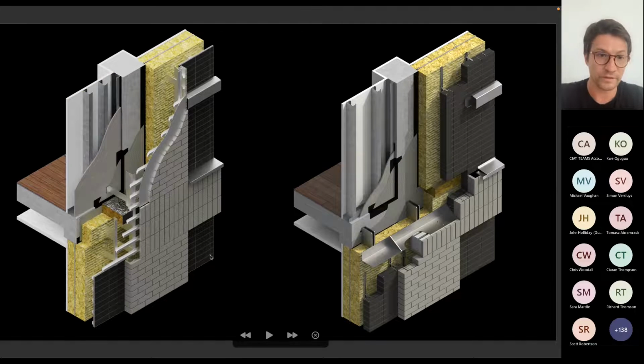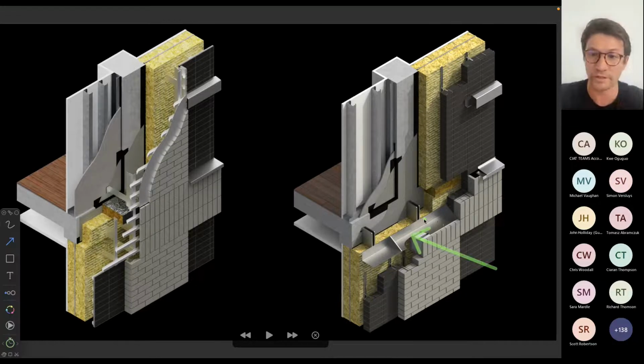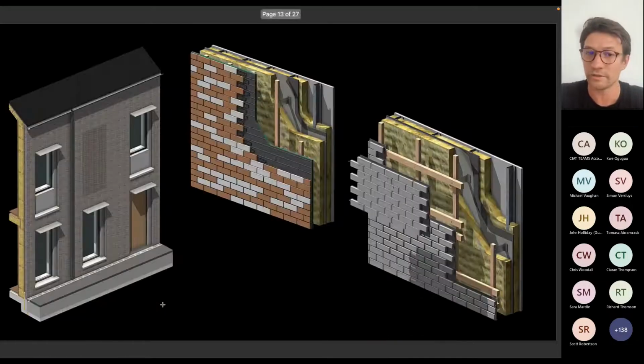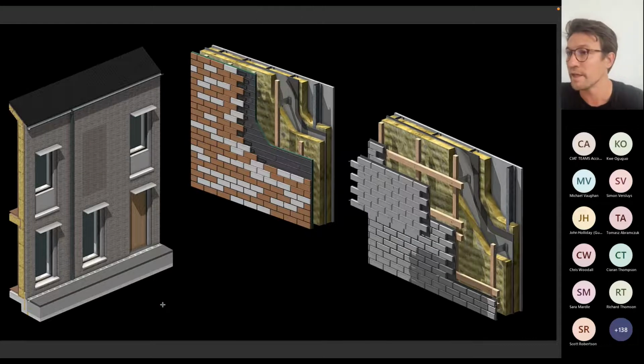So here is the comparison of the two, where we can see that we no longer need to have all this complex assembly, and everything is pretty much sorted with the traditional rain screen element. Now, it's also this slide here. I put this slide here just to mention that brick slips also is worth considering for a low-rise building,